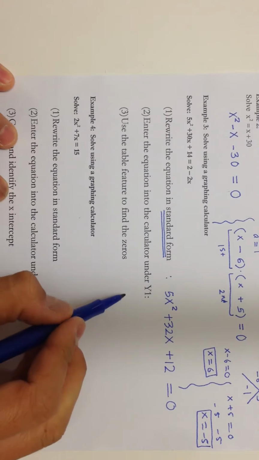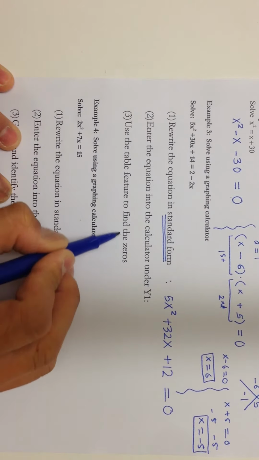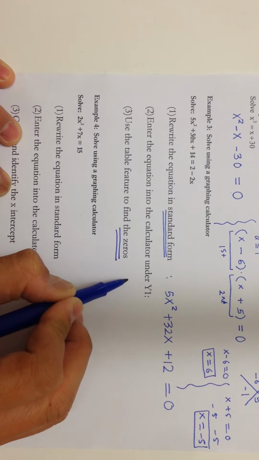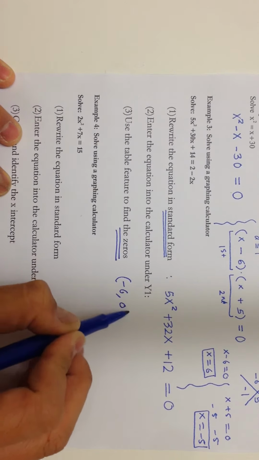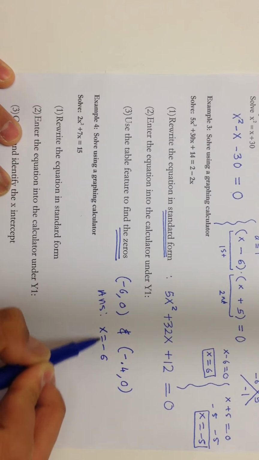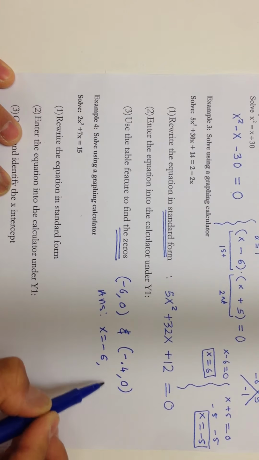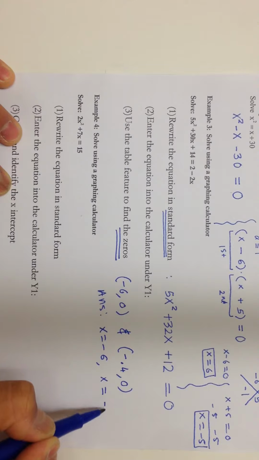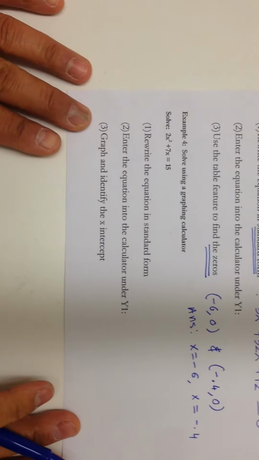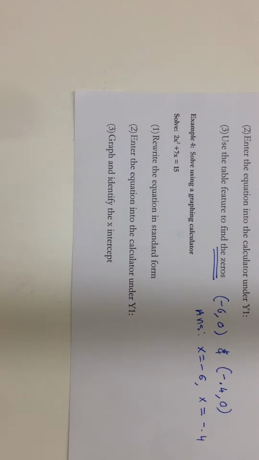So the two solutions are, use the table features to find the 0. From looking at the table, I found -6, 0, and -0.4, 0. So my answers are x equals -6. This is one of the roots, or one of the solutions. And then x equals -0.4. That's another solution. Let me walk you through one last problem using the calculator, but we're going to do it